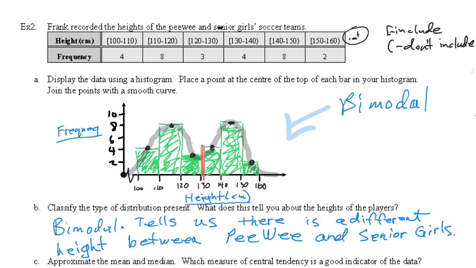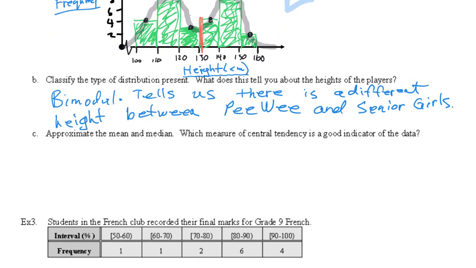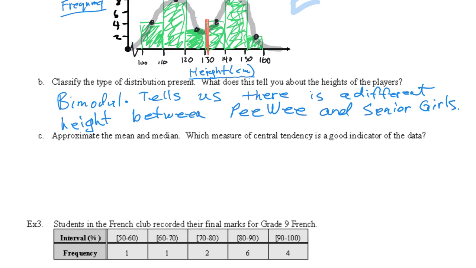So let's move on to the last question of this problem. It says approximate the mean, the median, and the mode. All right, so here is the median and the mean. So the mean we said was about 130. Okay, and then the mode